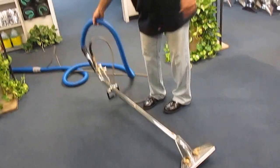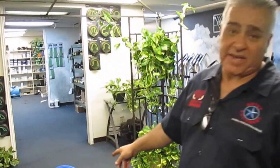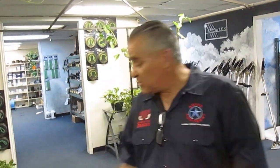Now, there's an area that maybe you need to put the wand down. If it's going to be only a few minutes, let's say 2 to 3 or 4 minutes, it's okay. You don't need to bypass. But if you happen to, let's say you need to put the wand down for an extended amount of time, let's say 5 or 10 minutes, and the machine is running out there, it is always good, just like I